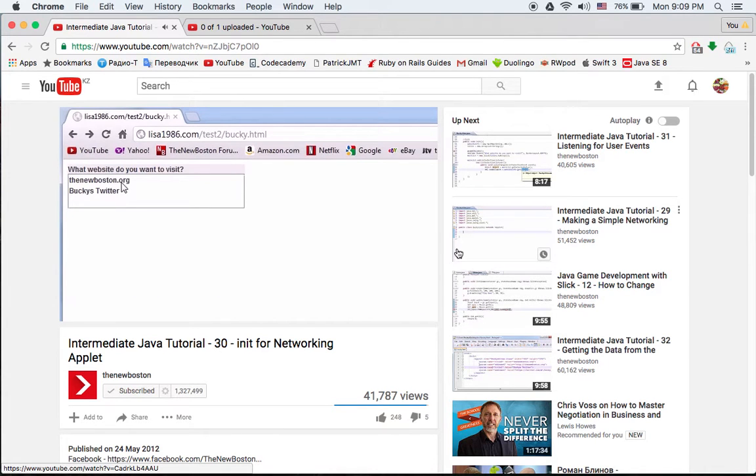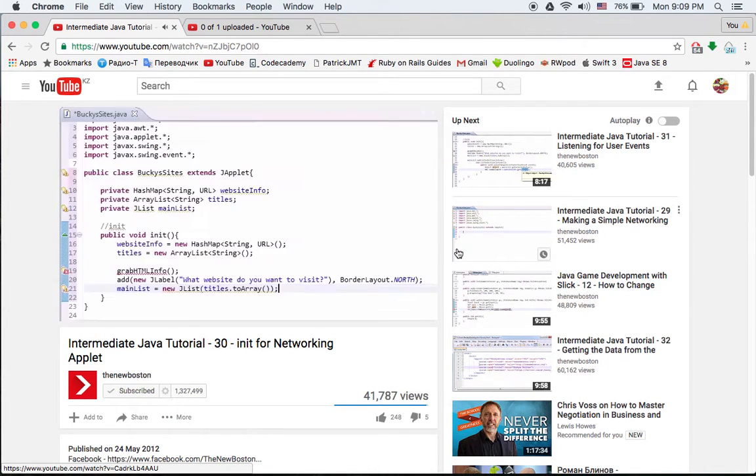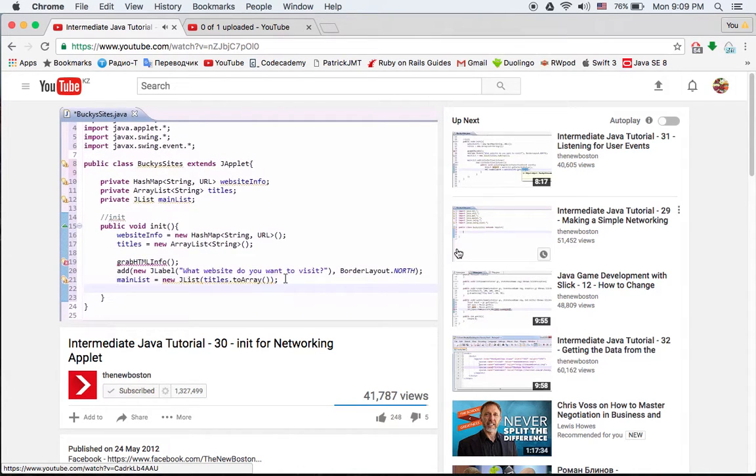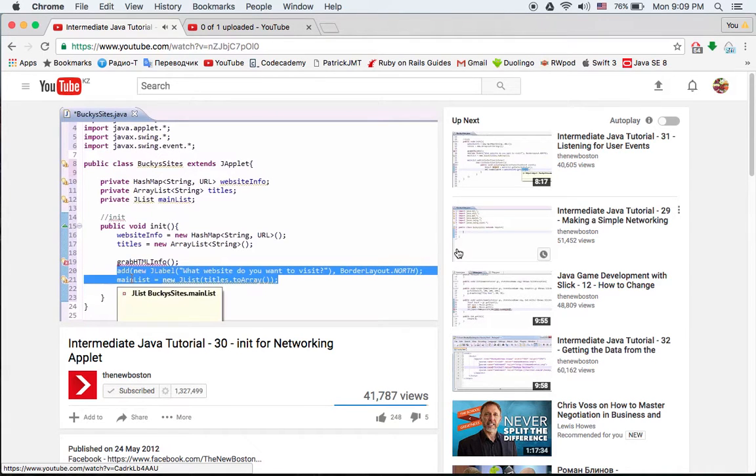And basically, there are only going to be two things in this list: the newboston.org and Bucky's Twitter. So now that we have the shell of our applet made,